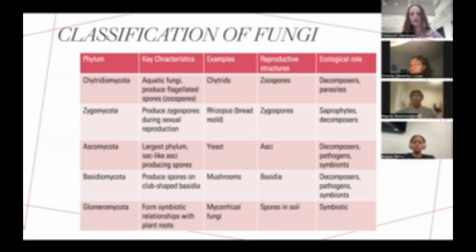And as you can see from their ecological roles, a lot of them are similar. The only two that are different are Zygomycota and Chytridiomycota. They don't form those symbiotic relationships, meaning they don't have other organisms help them essentially survive, and vice versa. The Chytridiomycota, they're parasites, so they just take from their host selfishly, if you will. And then Zygomycota, they're saprophytic, meaning it's just nutrients from dead or decaying matter, so you don't necessarily need to